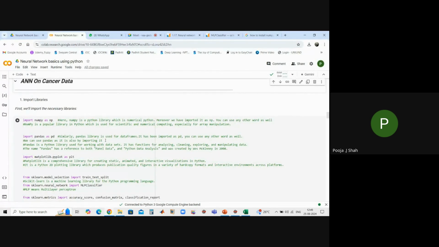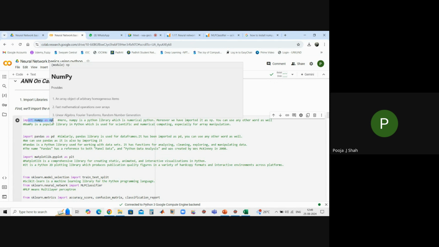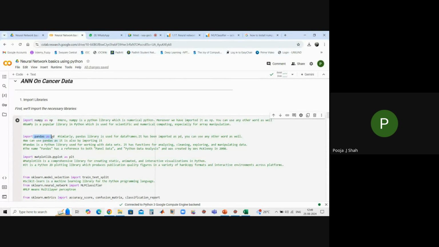Okay, so starting with this, first of all, what we require is importing the numpy library so that we can use all kinds of operations. Next, we will import pandas as pd. Why are we importing pandas? This is a very beautiful and very important module in Python. Pandas is basically used for data frames. Data frames, that means what? If you have any Word file or any Excel file, you just have to call that